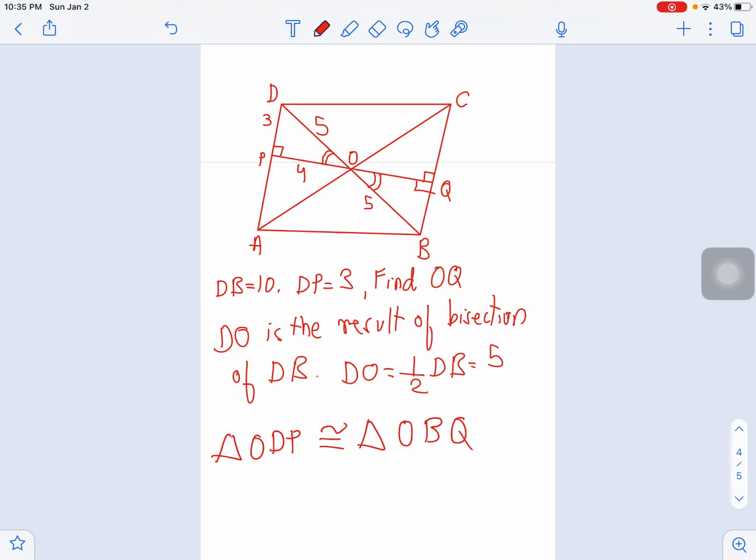And the reason for this is the angle side theorem